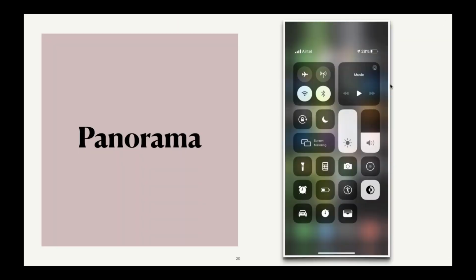Okay. Most of you have this feature called panorama in your phones. Not many of you must have used it, but you can use it. So what are the uses of this mode? When you go to hill stations or any place where you have a 120-degree or a 180-degree scenery which you want to capture in your phones, but you can't because your phone has a limited area of capture. So what panorama does is, as explained in the recording,